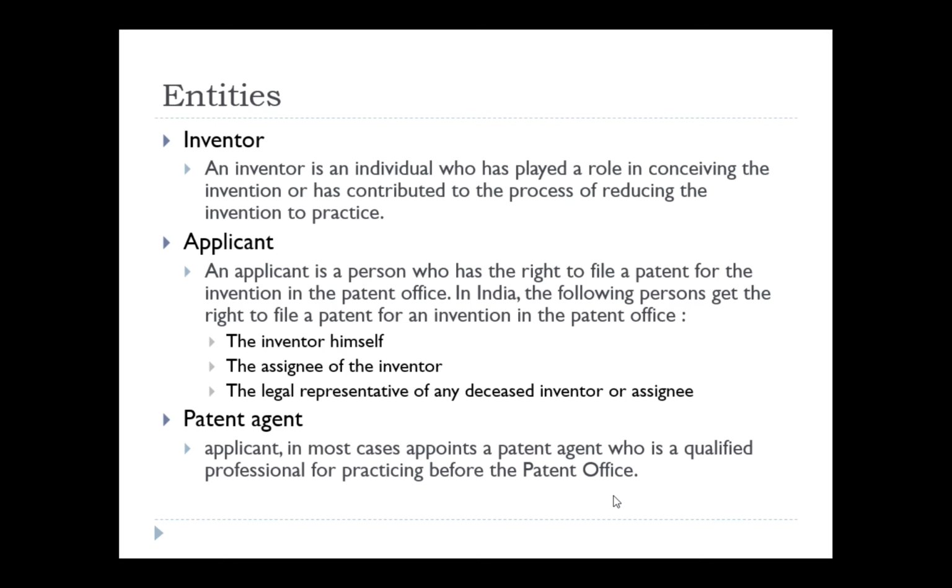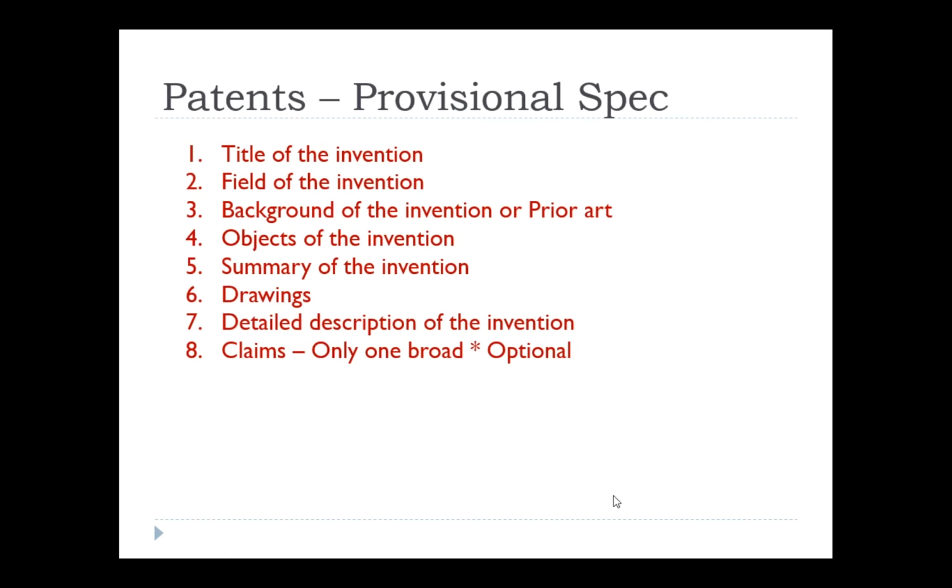These terms or entities are the most important while filing the application. Hope you have understood the consolidation of three entities, that is inventor, applicant and the patent agent, right? Now we will slowly move towards what content should be there, or I can say what all the basic items for a patent should be drafted, right? As I discussed earlier, you know what a provisional patent application is. That is, it is valid only for 12 months.